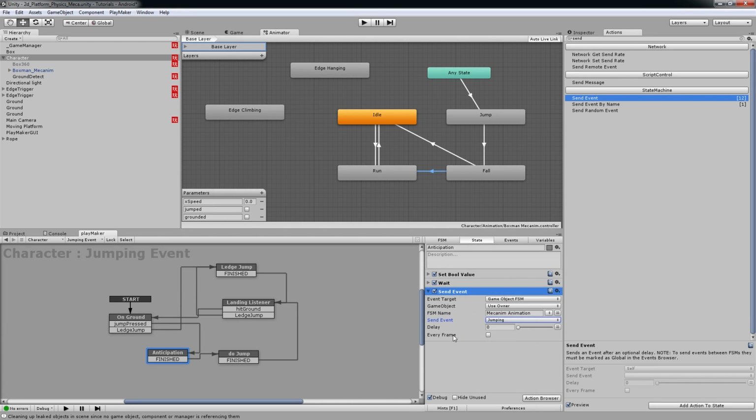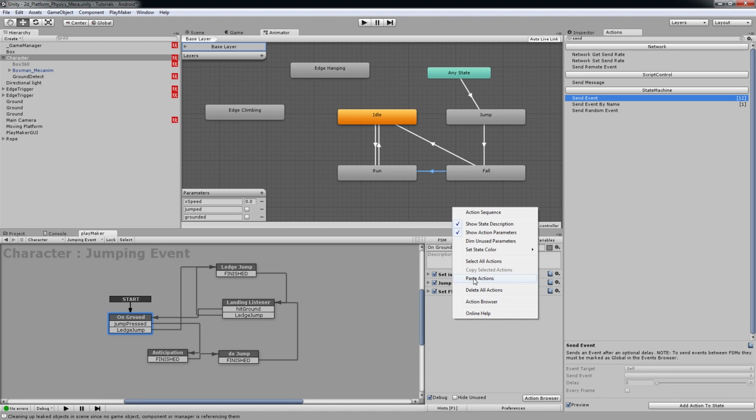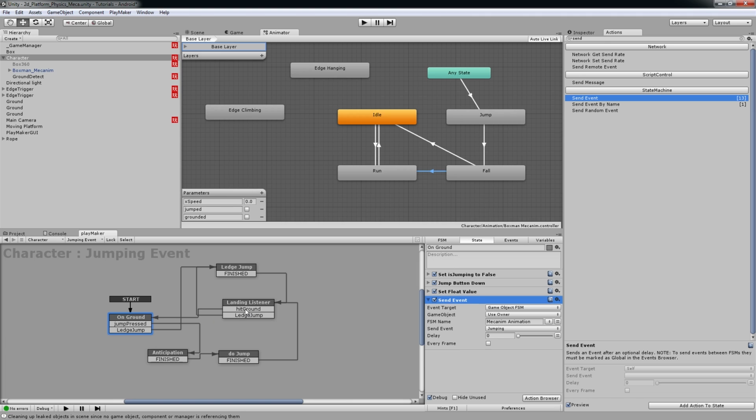and I'm going to copy the selected action, and here I need to paste the action when we are hitting the ground after jumping. Here we can see the flow from hit the ground we're going to on the ground. So here I'm going to change, this is already correct, but I'm going to change this to landing. Okay, so I'm going to save this, and